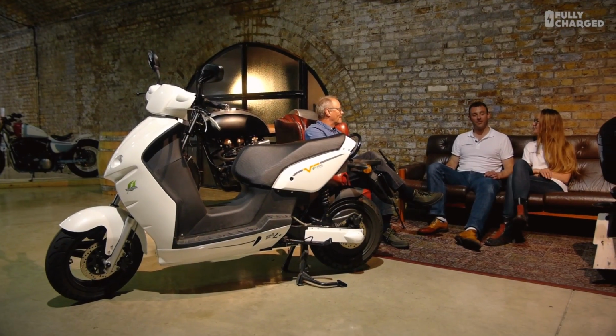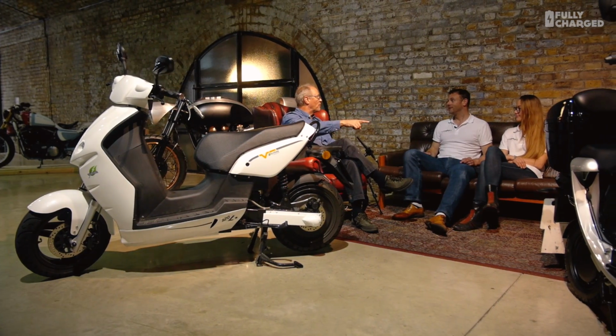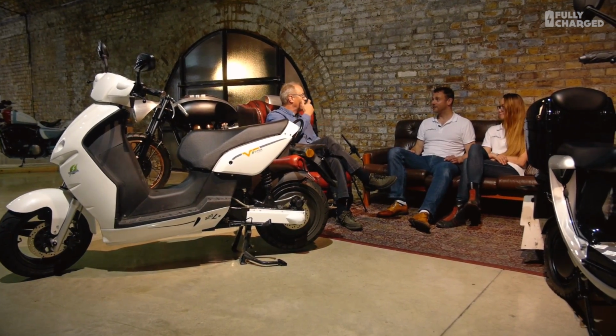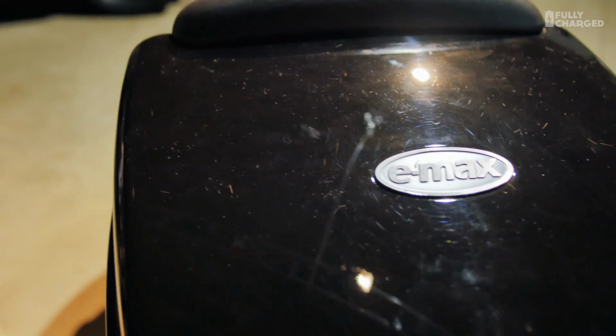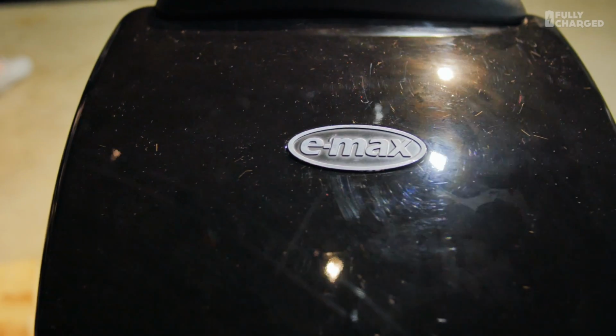There's another chap who rides for a takeaway, and he just has 2 batteries. So while he's out delivering, one of the batteries is on charge, one is in the bike. And of course, he's constantly going back to base to pick stuff up, so it works. He uses one of these incredibly well. Wow. We've installed a different top box on it to fit in big pizzas, and that's totally doable